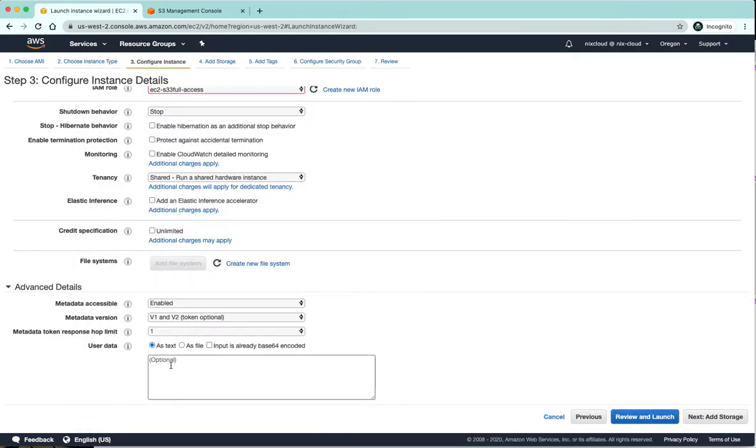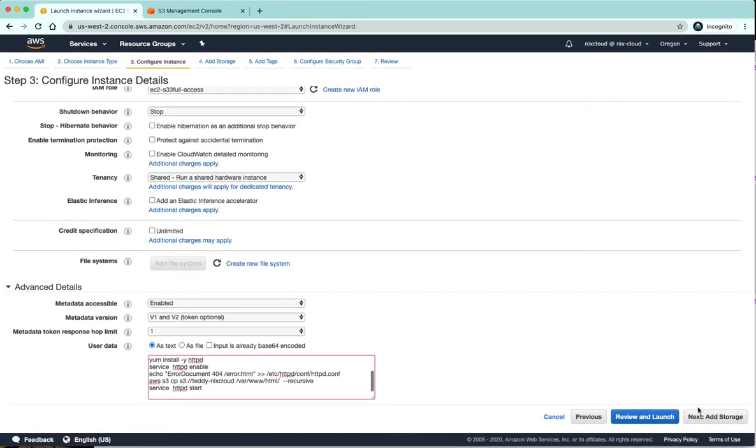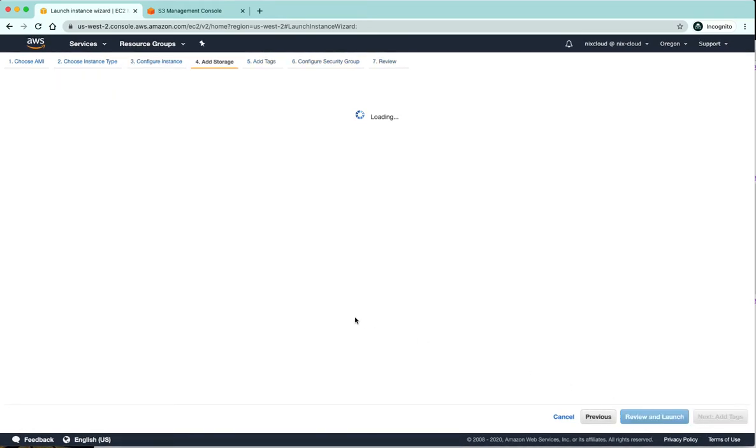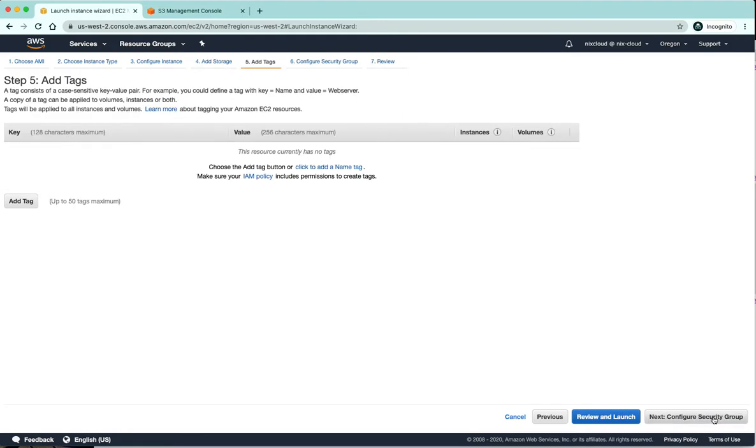This needs to be copied into user data as text. You can insert it as a file too. I haven't experimented with it so far, but you can do a lot with this bootstrap setting. Then go to the next screen. I'm going to go with just the defaults, not going to muck around much. So it's going to be simple.